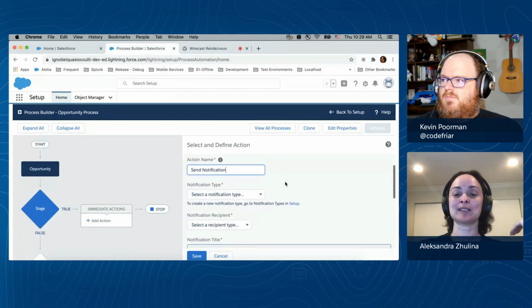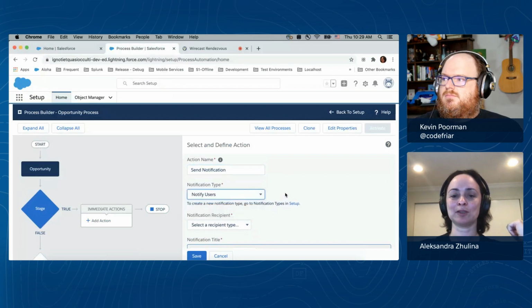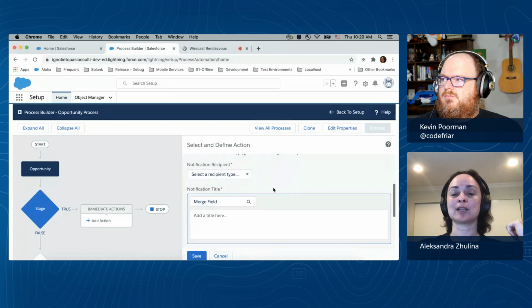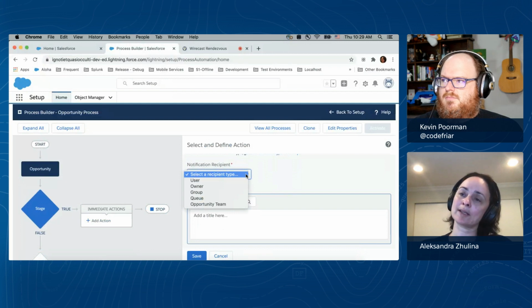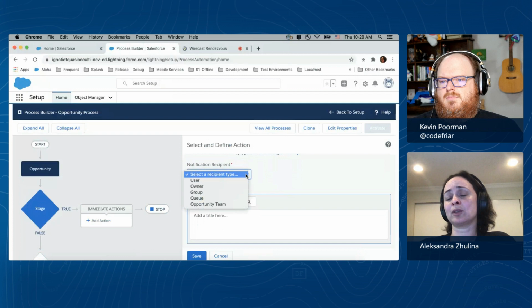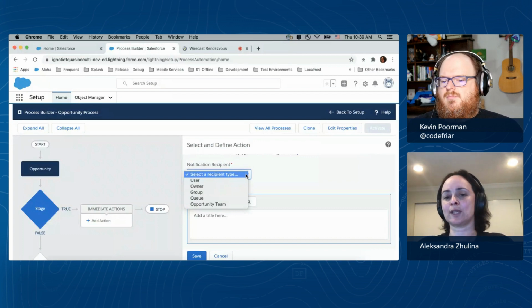So now I'm saying that I want to send a custom notification, and I'm choosing what type I want to use. I want to use my notify users type. And here is the important part: who is the recipient? And you have different options. You can send a notification to a specific user. You can send a notification to an owner. The example of this can be that you have a case where the owner can be a user or a queue. And you might want to send a notification to the whole queue of users who is an owner of the